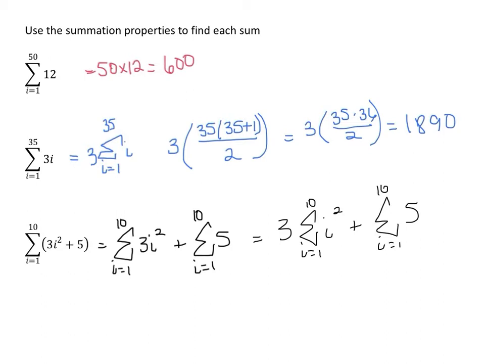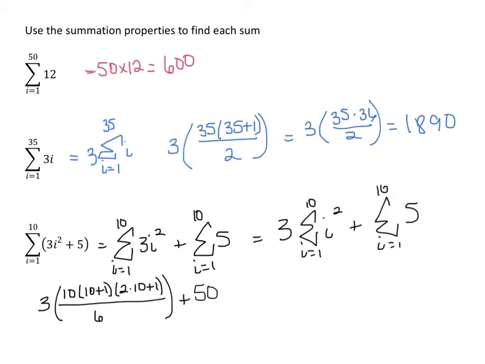When I use that i squared, again, that's one of the ones from the second page, or the last slide, I mean, I get 3 times n, which is 10, times 10 plus 1, times 2 times 10 plus 1, all over 6. And then when I'm just dealing with a constant, that's just like the one that we saw up here. We just multiply. So we multiply 5 times 10,